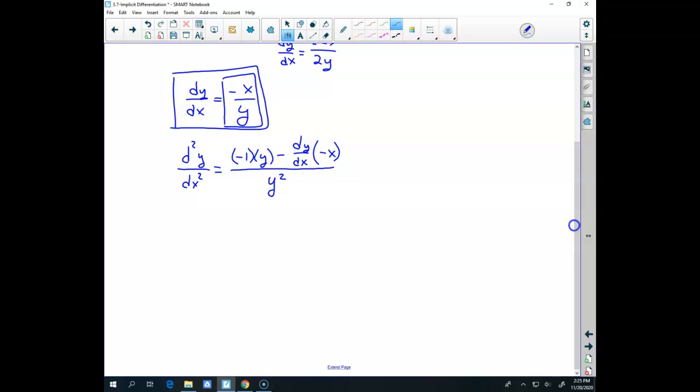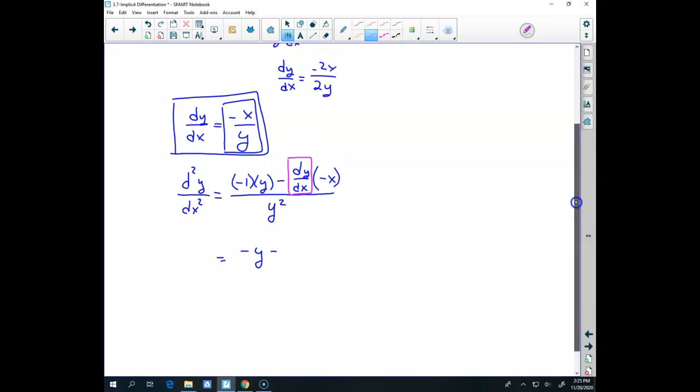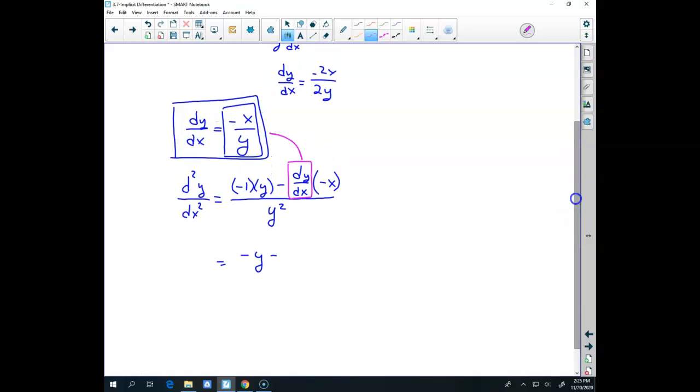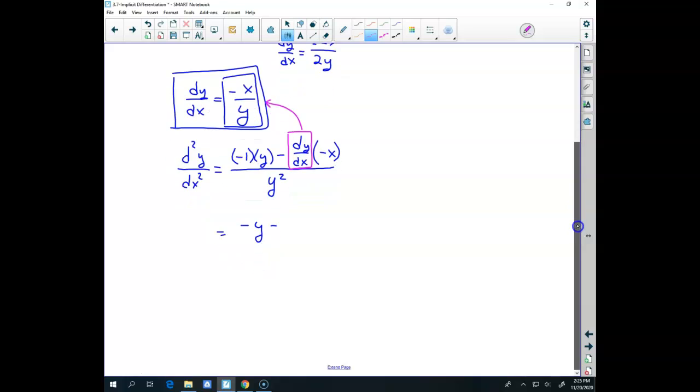Okay? So what does that equal? Well, that equals negative y minus, what the heck is this dy dx business in here? So dy dx actually equals negative x over y, because I need this derivative in terms of x and y. Therefore, I have to plug my first derivative into my second derivative